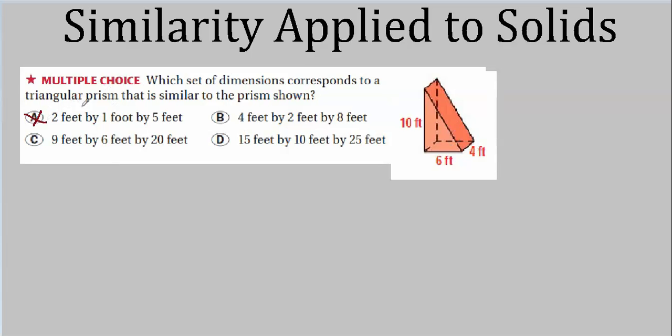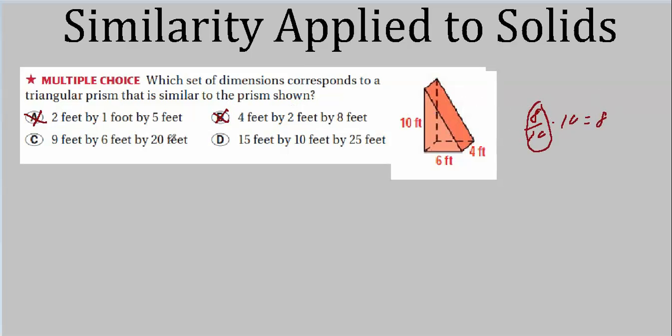No good. Well, what about this? Again, check 10 against the biggest one. Well, let's see here. To get 8, we multiply 10 by 8 over 10, right? Multiply that by 10, and we get 8. So 8 over 10 would be our scale factor to go from 10 to 8. What about the smallest one here, 2? Well, to get from 4 to 2, our scale factor would be 1/2. Well, that's not equal to 8/10. It has to be the same for all of them, so that's no good.